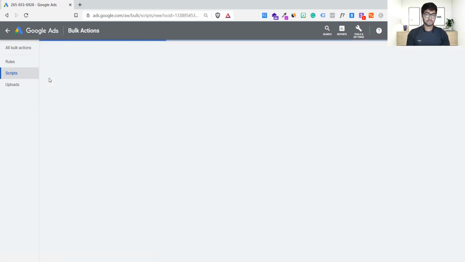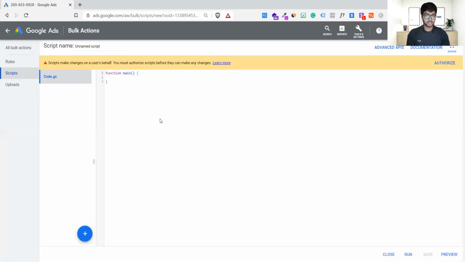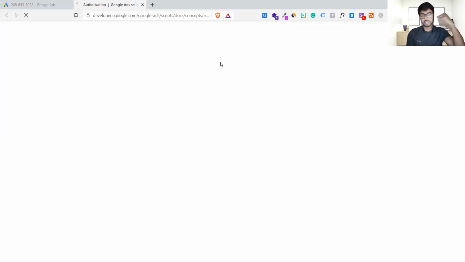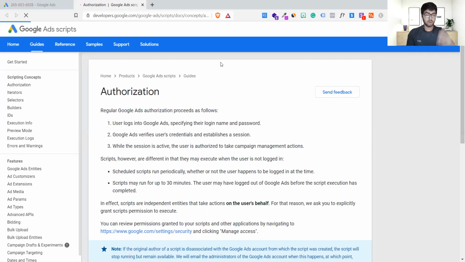So click on this plus. The moment you click on this plus, a console comes up which says code.js. Now you must be thinking, what should I write here? If you know the language, it's okay. And if you don't know how to write code but still want to try it, click on learn more, and Google Ads gives you pre-written scripts which you can use to perform certain tasks.